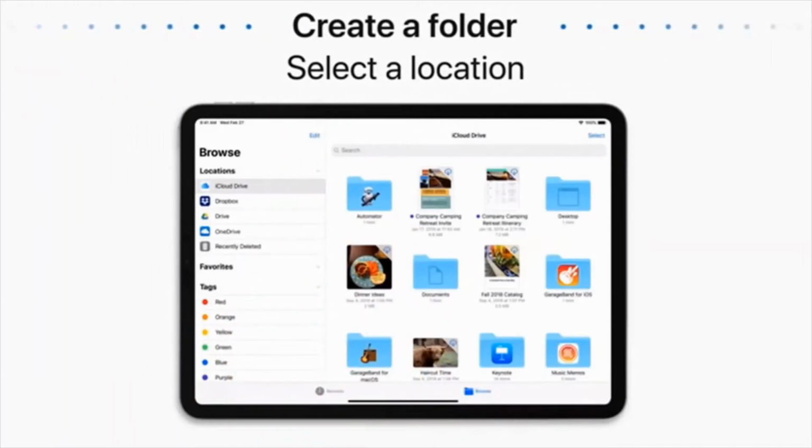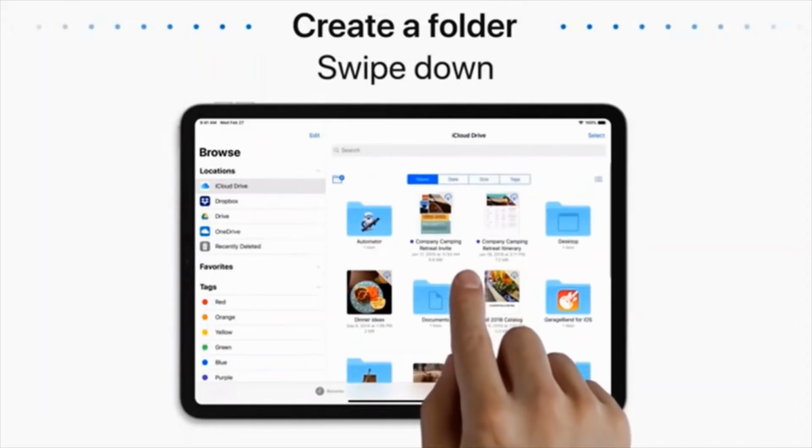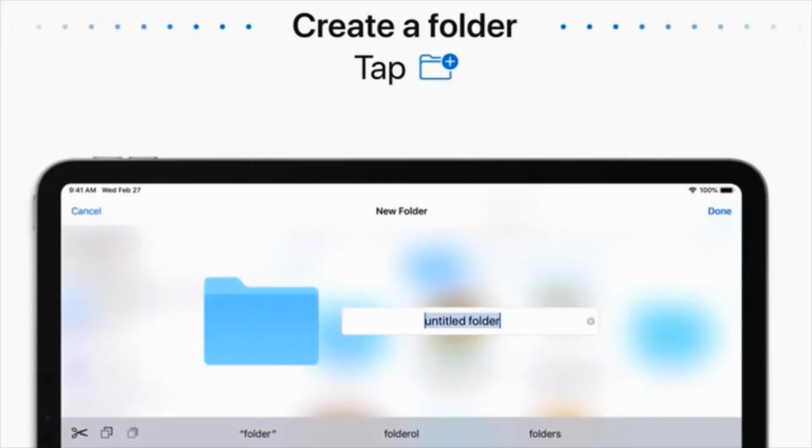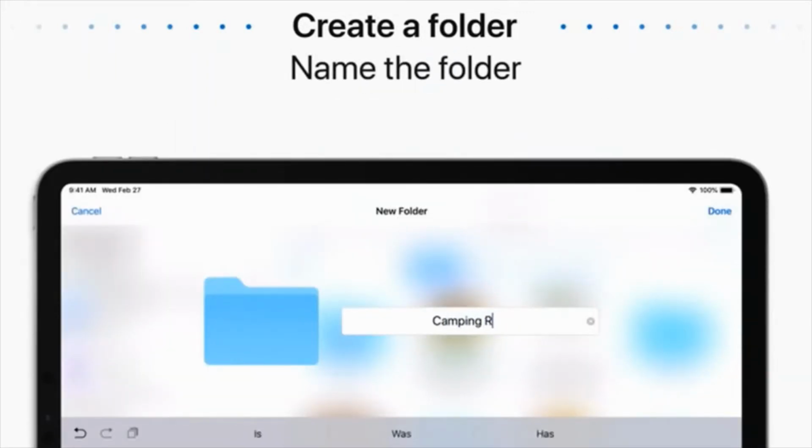To stay organized, you can sort your documents into folders if your cloud service supports them. To create a new folder, select a location. We'll use iCloud Drive. Then swipe down slightly within the app window and tap the folder icon. Now name the folder